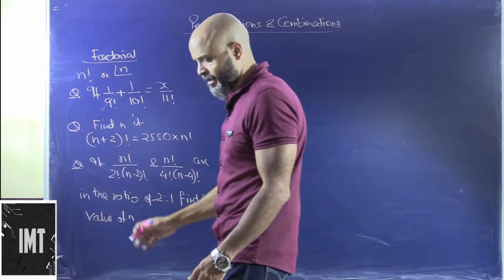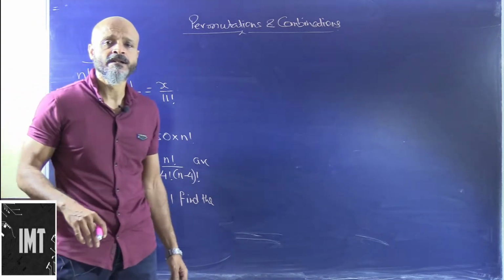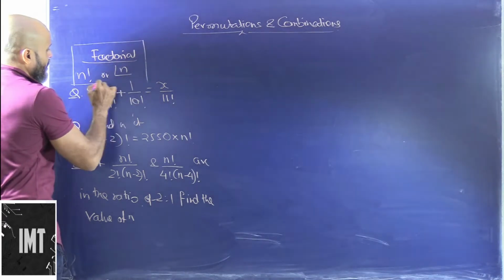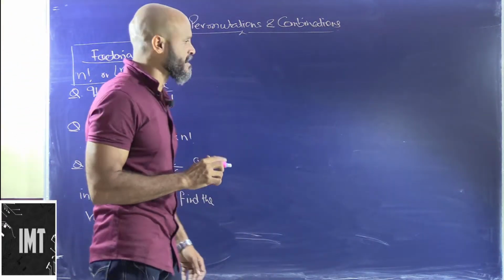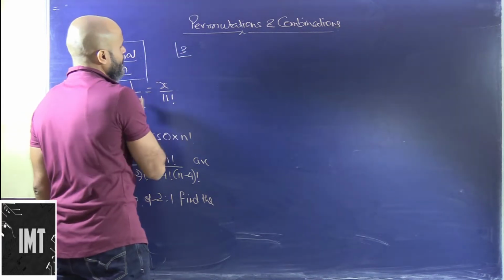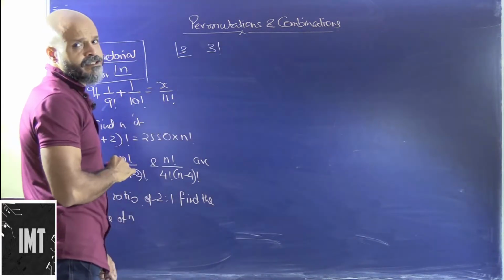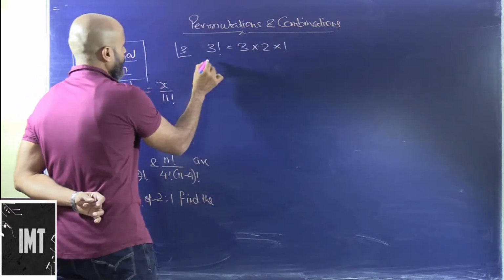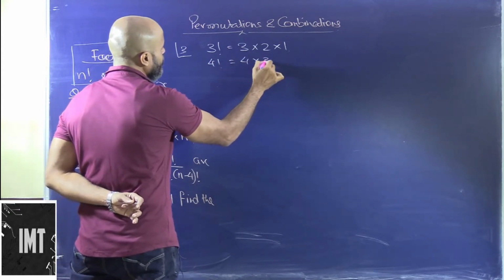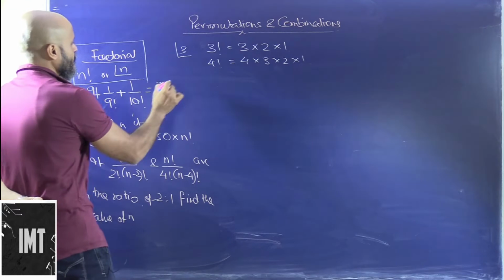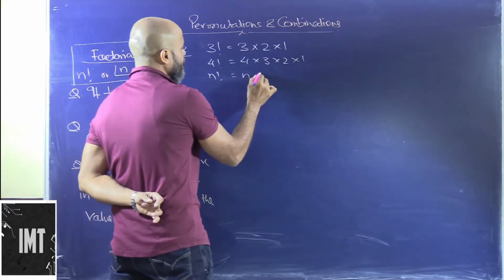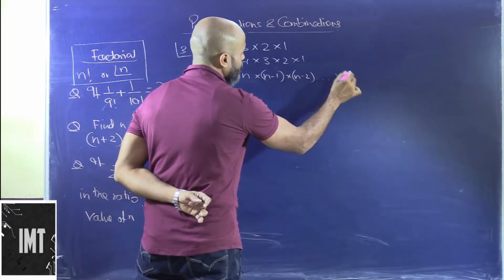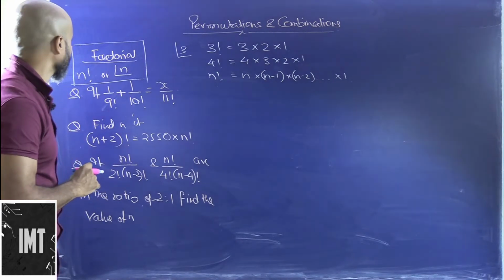So before we start off with the core concepts of permutation and combination, the first thing that we need to have clarity on is factorial. What is basically a factorial? If I say factorial 3, I can write it this way, but the most common way of writing is this exclamation sign. So this will be 3 into 2 into 1. If I write factorial 4, that will be 4 into 3 into 2 into 1. So obviously if I write factorial n, this will be n into n minus 1 into n minus 2 and so on and so forth till 1. That's how the factorial is taken care of.